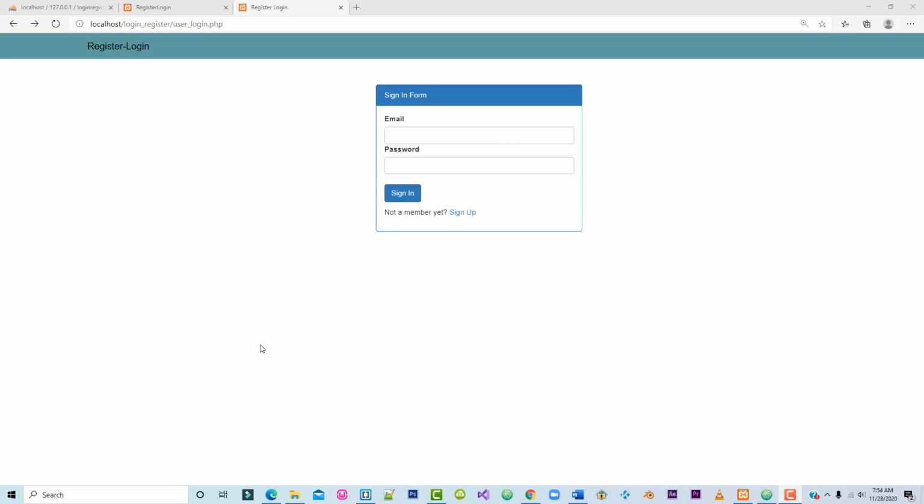Now there's something that I forgot to add. We forgot to create a footer for this page. Also this line, not a member yet, sign up, we have to fix it. And then we will work and create user registration.php. Without further ado, let's